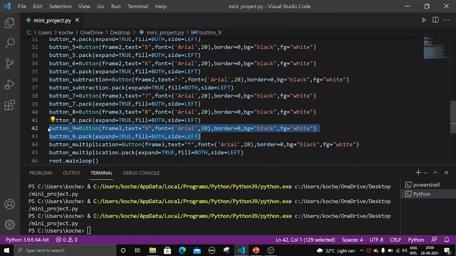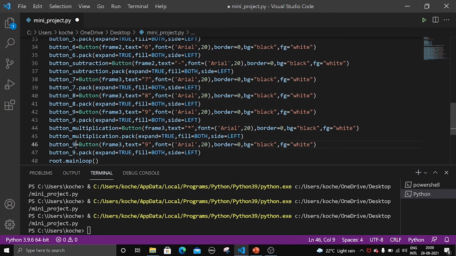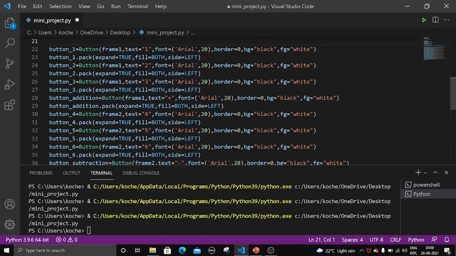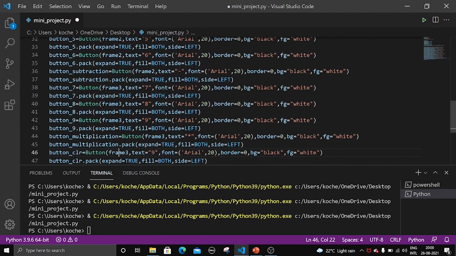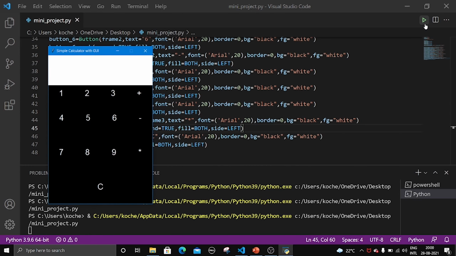So let us do this, and let me rename it as button clear, and clear button should be in the frame 4, right? Button clear, and let us change the frame 4, and the text should be C, right? So now let us see where it will come.